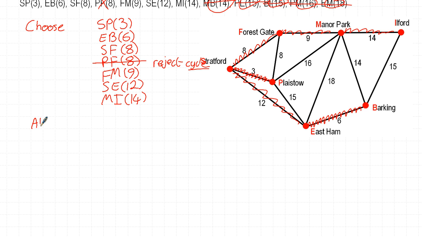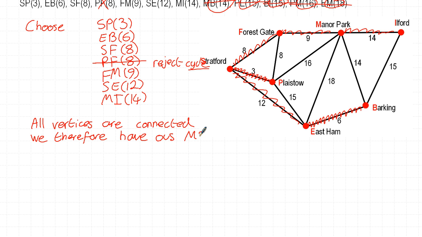all vertices are connected. We therefore have our minimum spanning tree of weight,